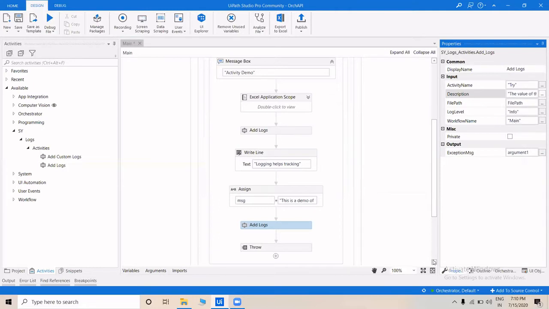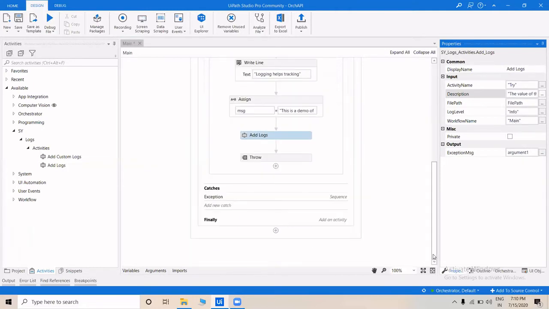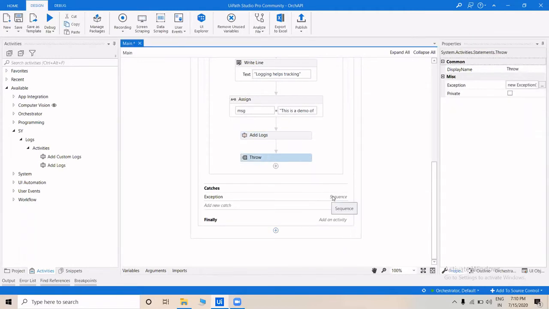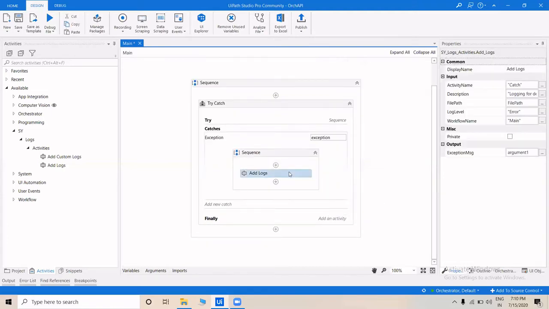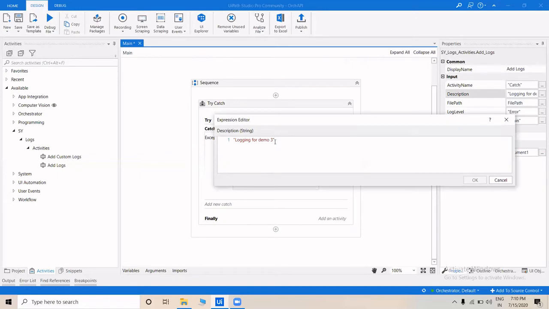Now suppose a piece of code has thrown an error. I have intentionally thrown an error to show how to do logging in case of an error. From here, we have thrown the exception, index out of bound in executing main.xaml. So now the flow will go to the catch block. In the catch block, you can log it: the activity name is try catch, the description is logging for demo, and you can even